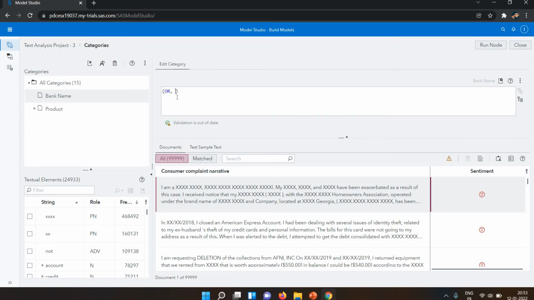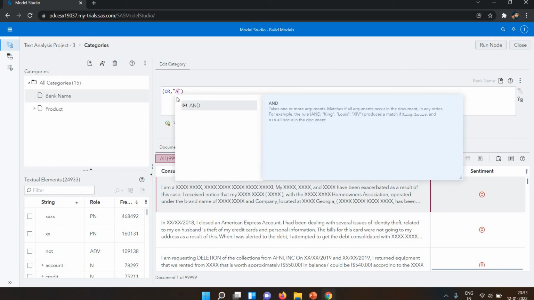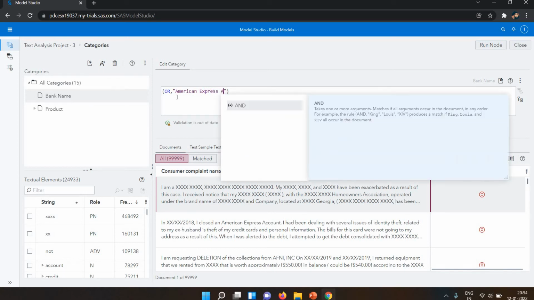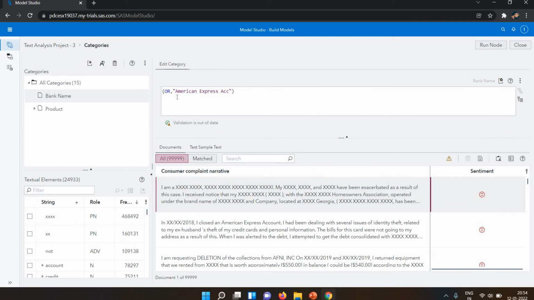Then I write the American Express account or Citibank.